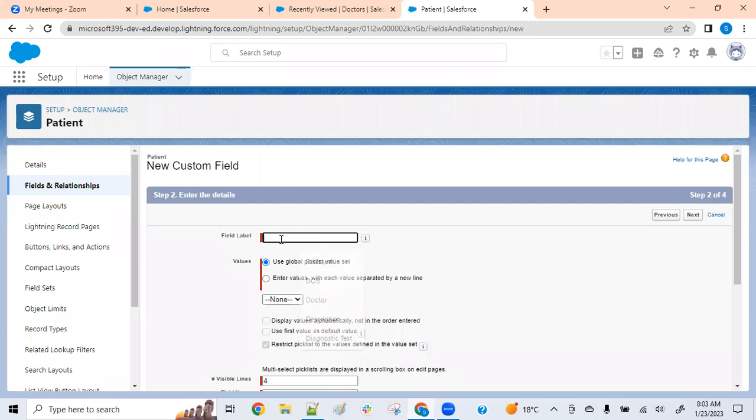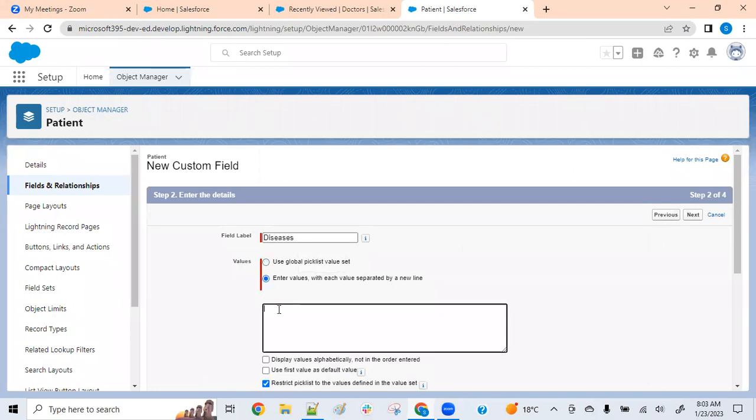For the multi-select we can store the multiple values from the patient. We can take it as diseases. Is there any other diseases already? Okay, here we will enter